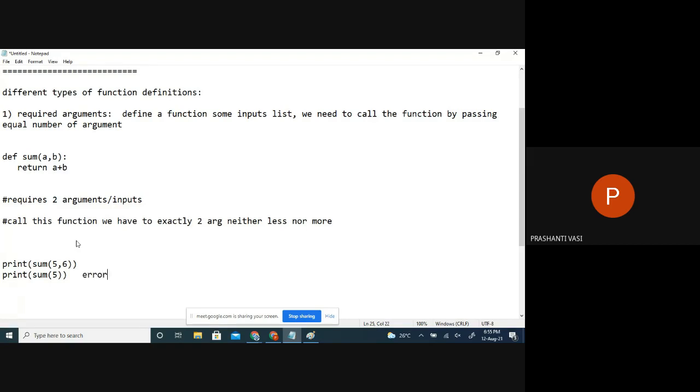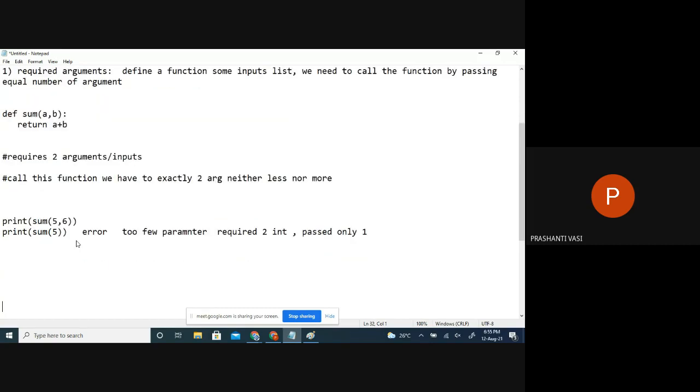It will say some message saying too few parameters. Required 2 int and passed only 1. There is a description given whenever we get an error message on the screen.